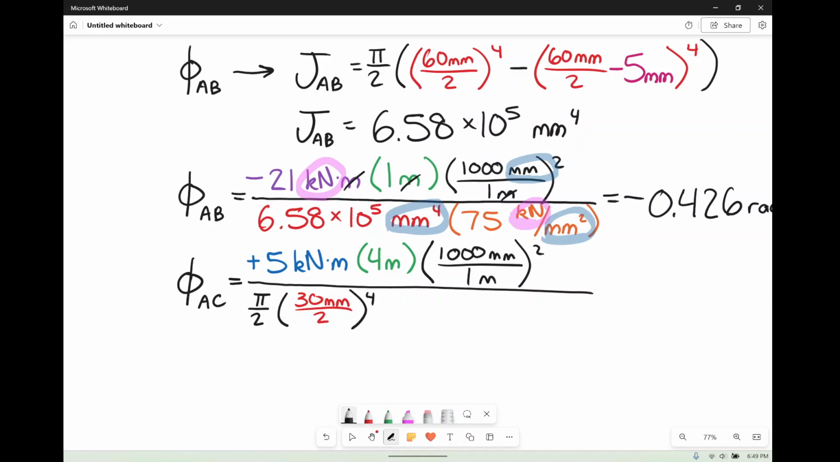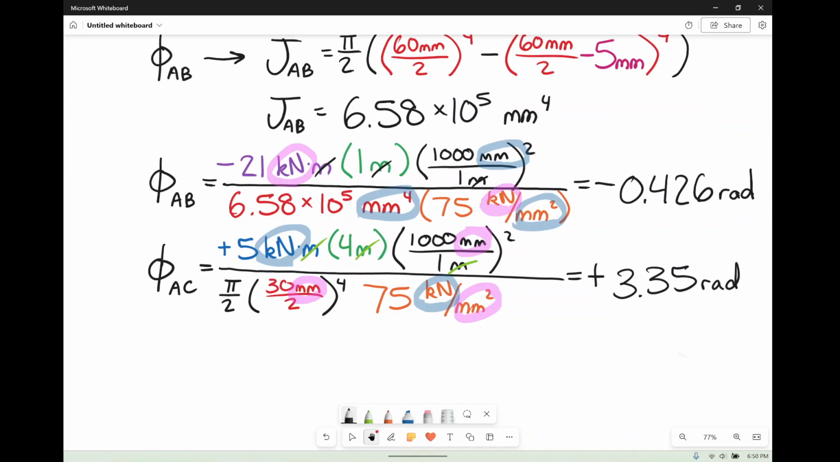So that's going to be millimeters to the 4th, and then lastly times G, and G we have as 75 gigapascals, which is a kilonewton per millimeter squared. So again, we've got our millimeters canceling, here our meters all canceling, so now we've got millimeters and millimeters and millimeters, everybody's in millimeters, and we still do have kilonewtons and kilonewtons. So everything we're going to get is going to be in radians. And again, this one's positive, so we get a positive 3.35